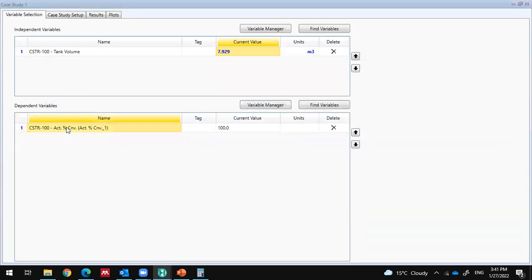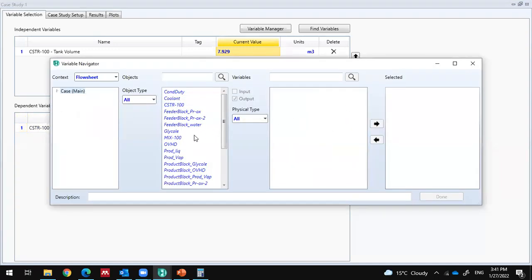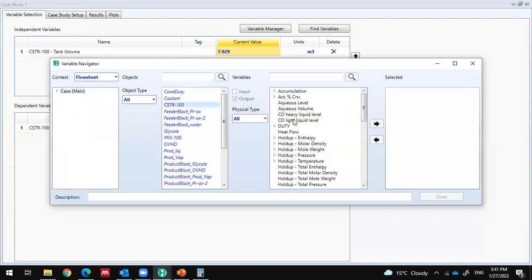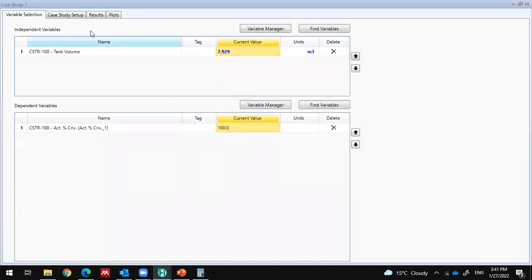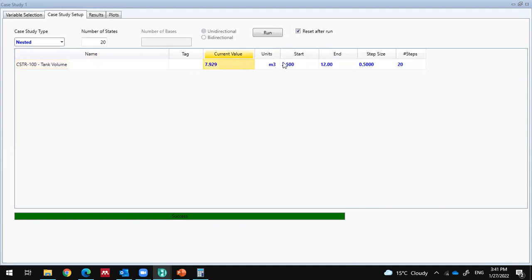The other thing that I want to see is conversion. Again I can go to the variable manager, and for the CSTR I can search for the conversion and take it as my dependent variable. So this is an independent variable and a dependent variable. In the case study setup, I want to vary the volume from 2.5 to 12 with a step size of 0.5 to see the effect. So when I click on run,